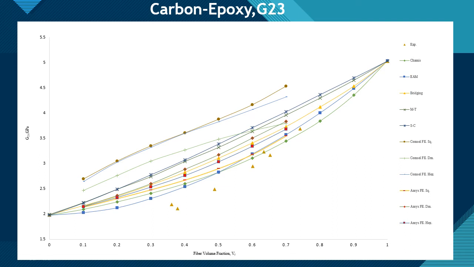And as in the previous case, as the fiber volume fraction goes higher, the predictions of the three different RV shapes, and the differences among them, go a little bit far from each other. And we can again conclude that the square-shaped RVs are closer to the experiments, and we can also say that the